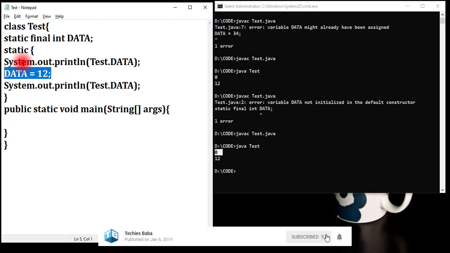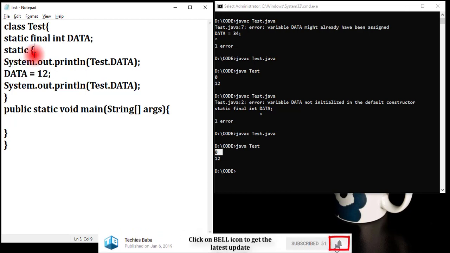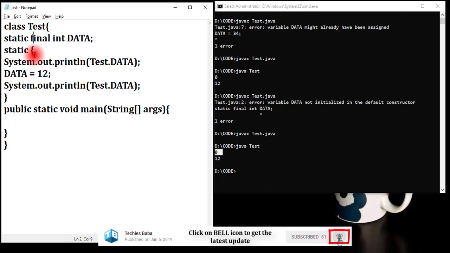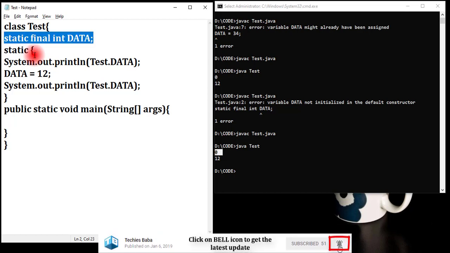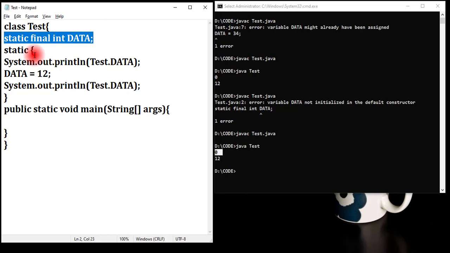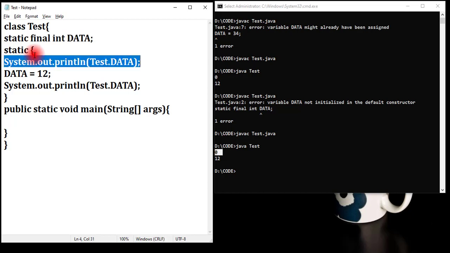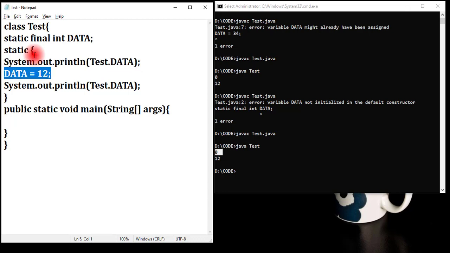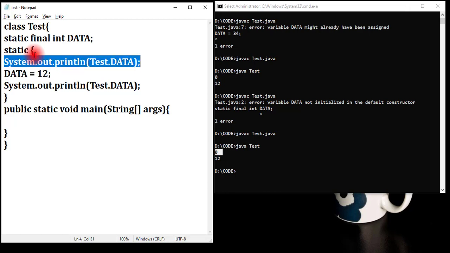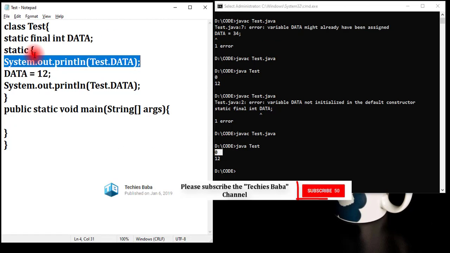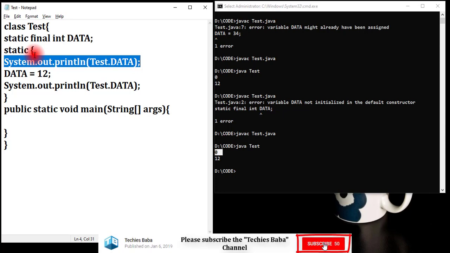This we have seen for the static. More about static we will talk about in the static topic. But for the final variable, there is a default value 0, but the JVM or compiler is forcing you to provide the value. This is the way you can see that the memory is initialized with the 0 value.